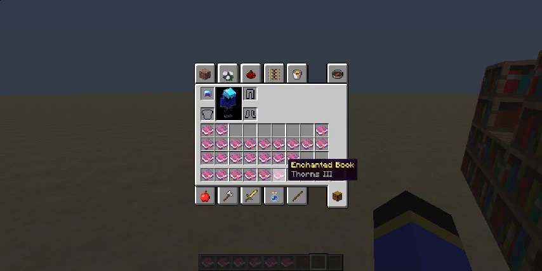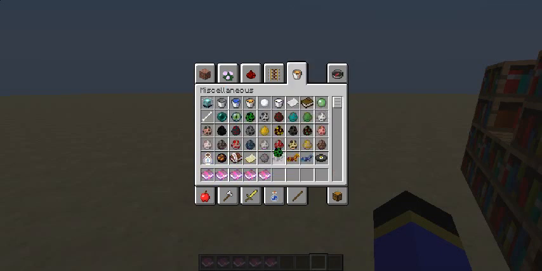Thorns 3. Now this is a cool one. Whenever you're hit, and it only works on this piece of armor. So if I had Thorns 3 on everything, it would work every time I got hit. But whenever you're hit, Thorns comes back and hits whatever hits you. Blast protection is pretty self-explanatory. There's a nasty creeper,